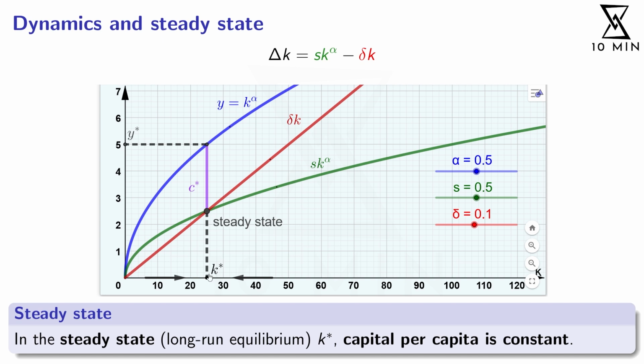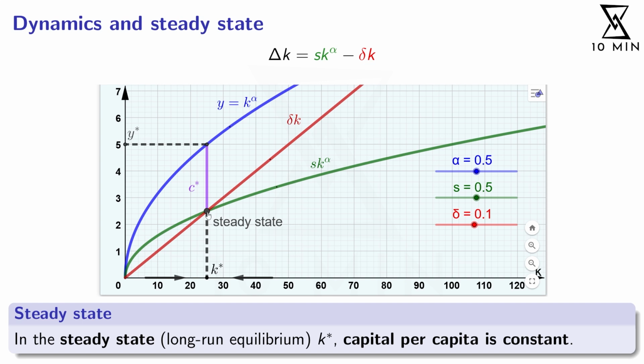At this point, in our case with 25 units of capital per worker, your income is the square root of that, which is 5. And half of that you save, so your savings investment per capita is 2.5. And your depreciation, namely 10% of the 25 units of capital that we have right now, is also 2.5. So your investment into new capital in per worker terms is just enough to compensate for depreciation, so your capital neither increases nor decreases. And next period you again have 25 units of capital per worker.